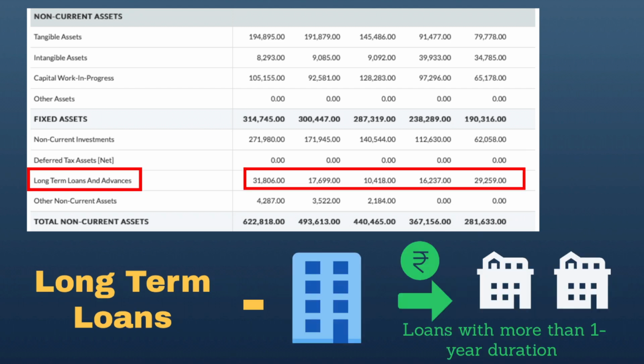And if it is negative, then that means the company owes this amount as tax and it will come under liabilities. Moving on, we have long term loans. Quite simple and self explanatory. Pretty much loans which the company has given out and will get back the money in future. So that's pretty much everything in the non-current asset section.